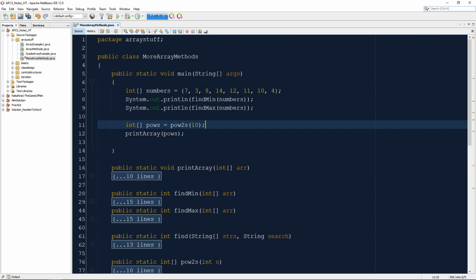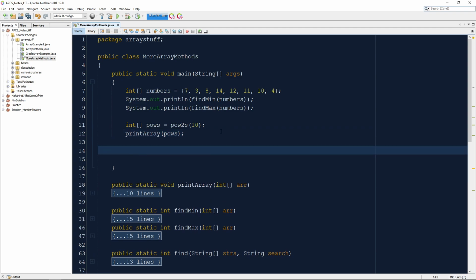If we use numbers, we're not going to really have any duplicates. So let's go ahead and make our own array, another literal array that has some actual pairs in it, so we can try it. We'll say int array, we'll call it pairs, and we'll make a literal array. Let's do 1, 1, 4, 5, 5, 5, 6, 7, 6, 4, 4. If we count how many pairs there are, we should see 1 pair,